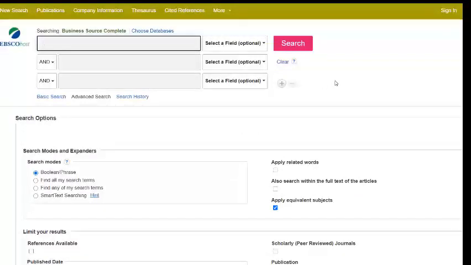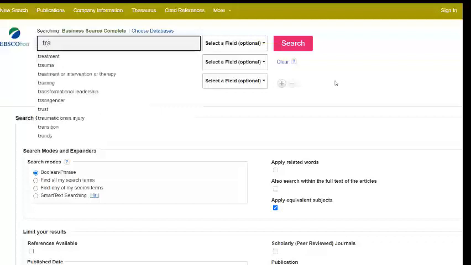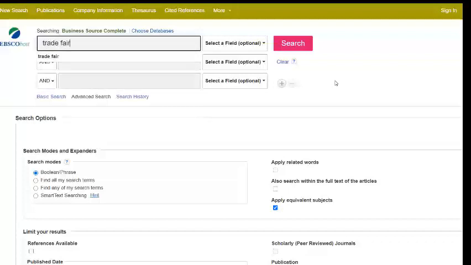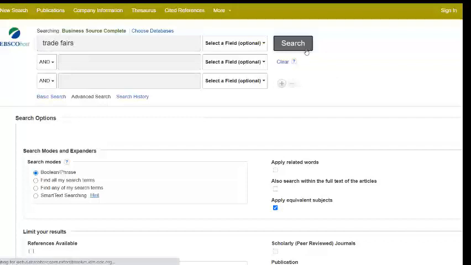So for now I'll just search Business Source Complete, and I'm going to show you an example of a search and how we can improve it with the use of different techniques. So imagine I was looking for information about trade fairs and marketing at trade fairs. So if I just put in trade fairs and hit search,